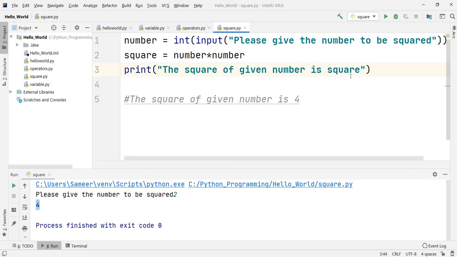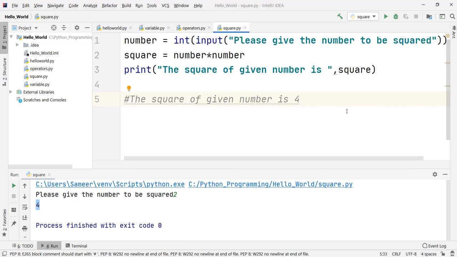It will print on the screen, the square of given number is square. So we don't want that. What we want is the value of variable square here. Okay, and how can it be done? What we have already seen is, if you want to do it like that, just put one comma. We did this in the earlier video, when we showed how you can assemble different data types inside a single print. So how we can do it here is, we'll just have to write square. This is one of the ways by which we can do this.